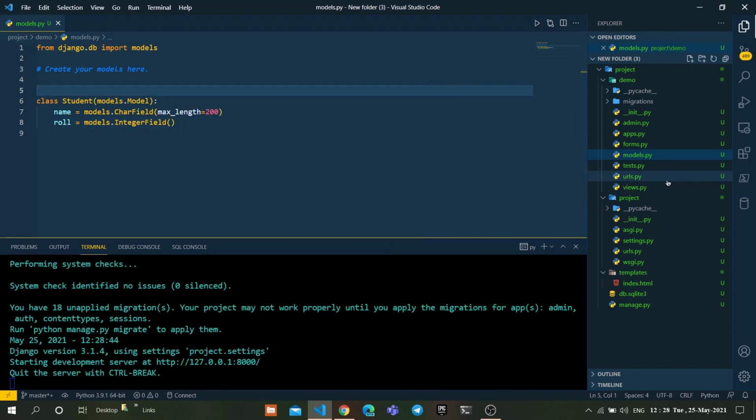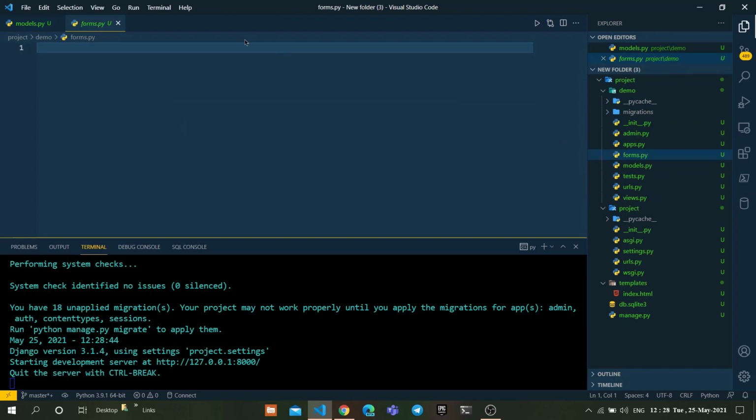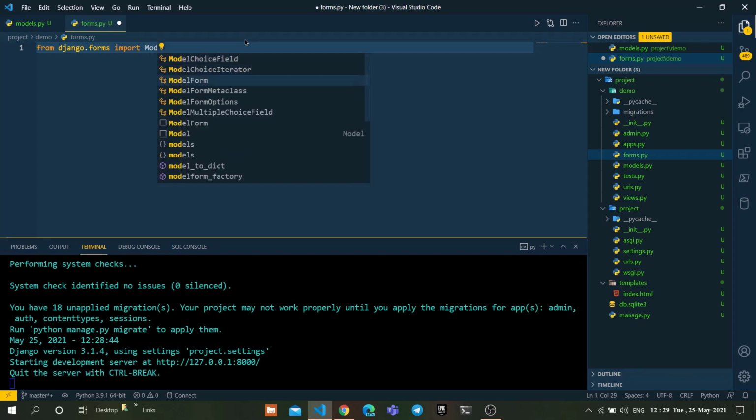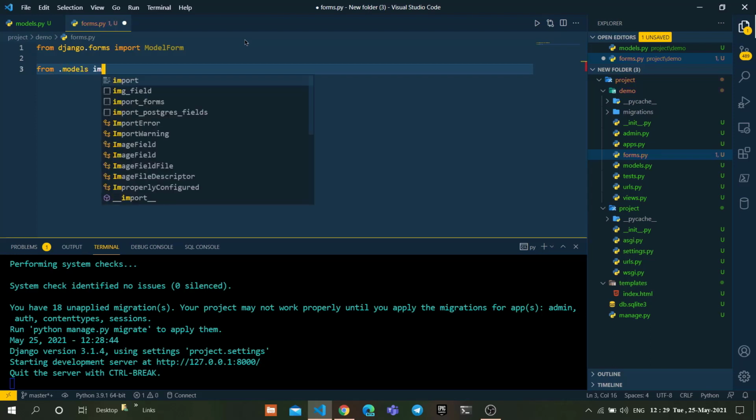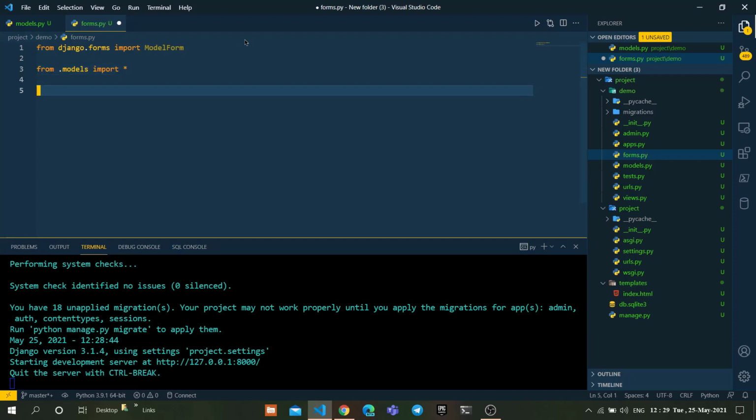Now go to the forms.py file and type the following code: from django.forms import ModelForm. Again, import the models as well: from .models import all models.